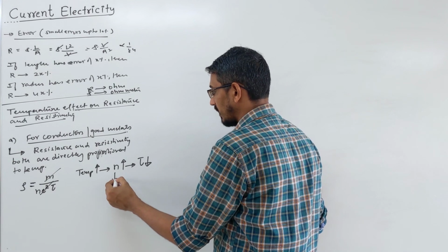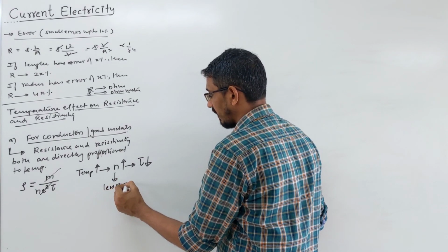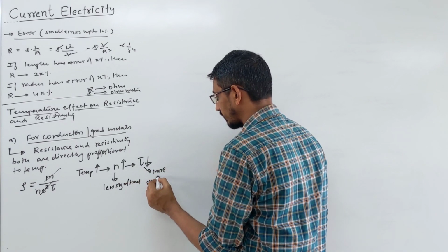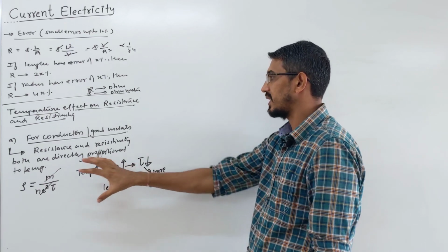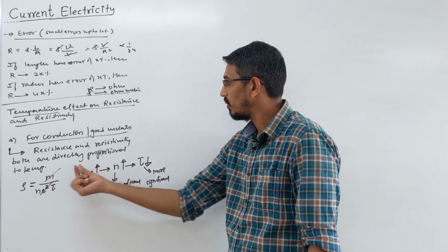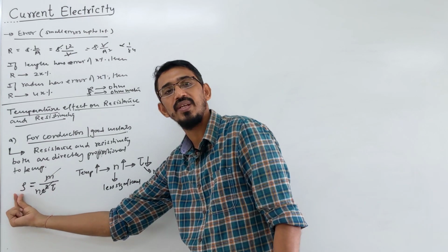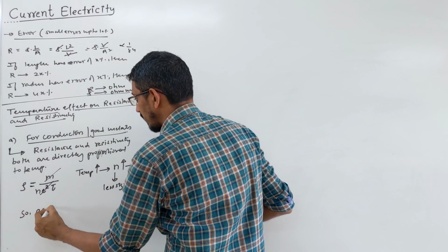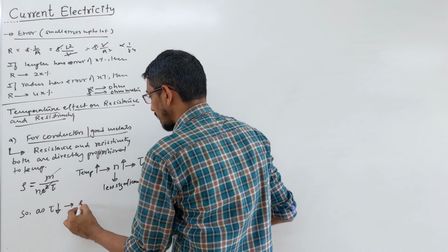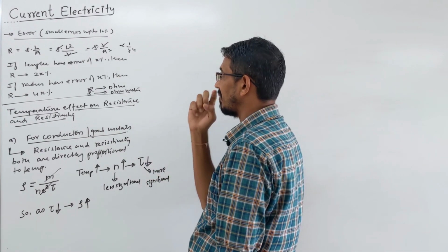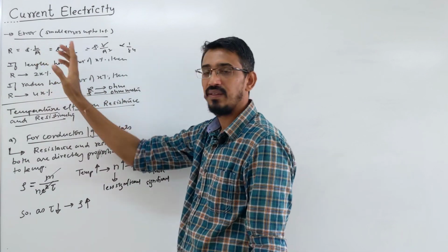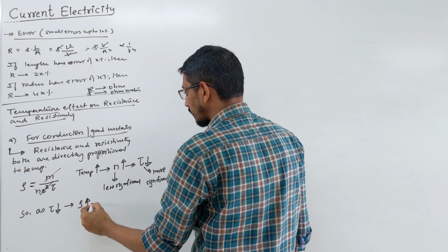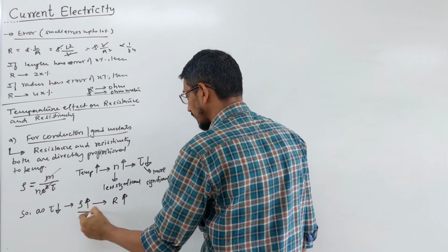So this effect is less significant, and this is more significant. Which effect is more powerful here? In this case, this effect, tau. So now tau is reduced, and resistivity will increase. Resistivity increasing means resistance will increase, because L and area will not change with temperature. There are small changes, but neglect them. So the resistance of the wire will also increase in the same ratio.